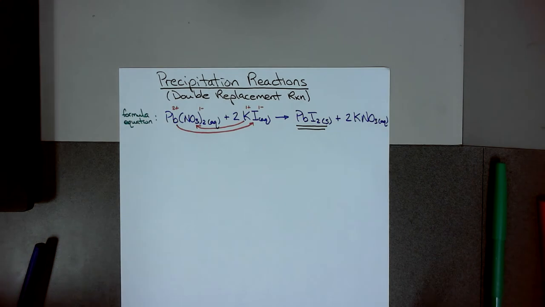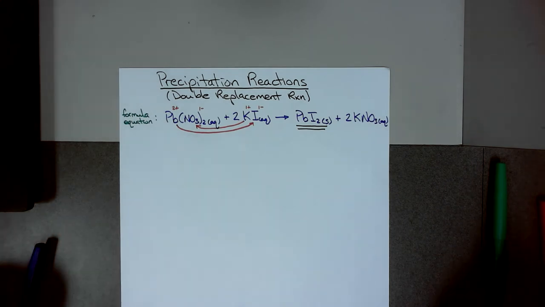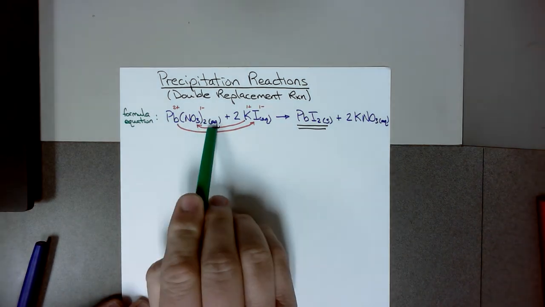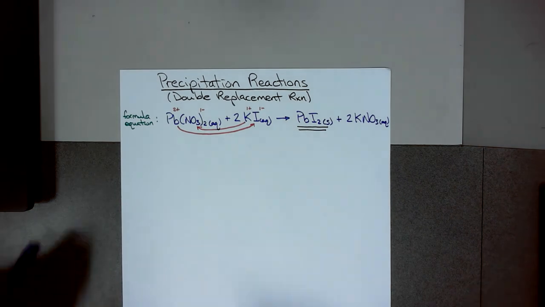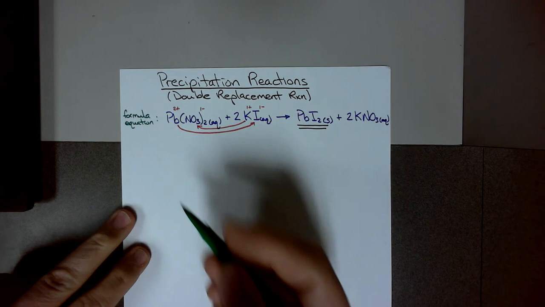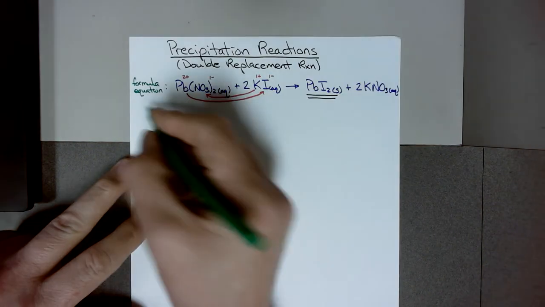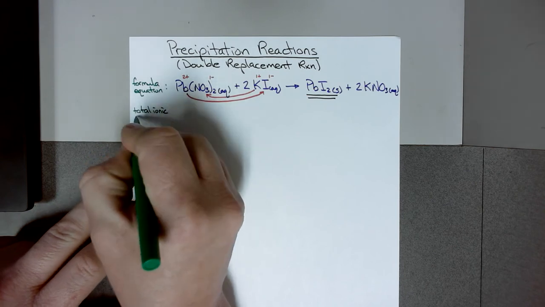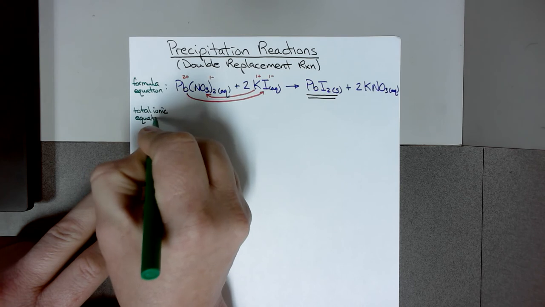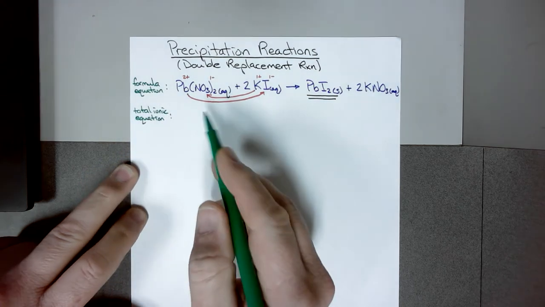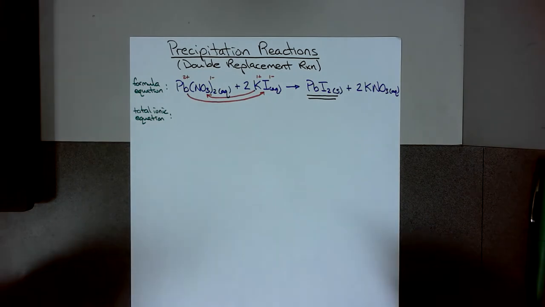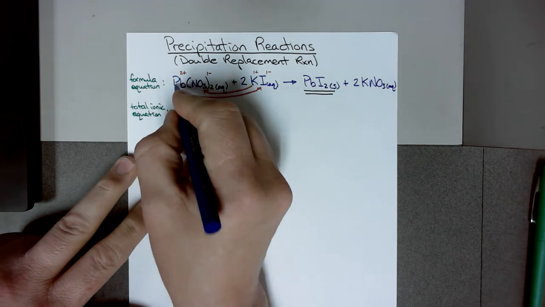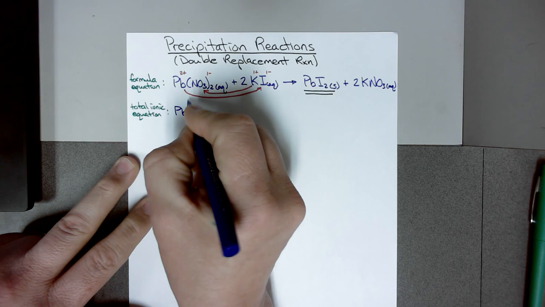Now as we go through this, we also have the total ionic. Remember in the last video we talked about how any ionic compound that is aqueous we dissociate and we think of those ions in solution. So let's look at a total ionic equation. Now the ions dissociate, but remember we are not going to write them as aqueous even though we understand that they will be aqueous. So we have the lead 2 plus ion